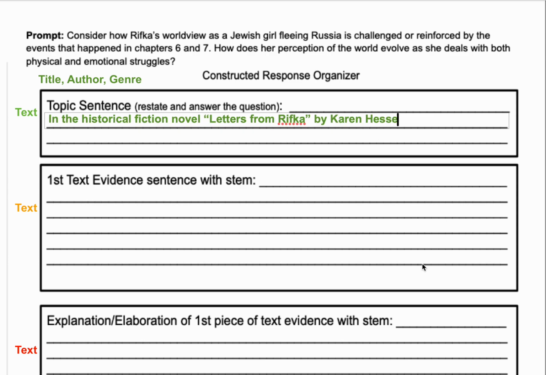Okay, so in the historical fiction novel, Letters from Rifka by Karen Hesse, and I'm going to put a comma because that's introductory. Now we have to respond to the question, how does her perception of the world evolve as she deals with both physical and emotional struggles? In the historical fiction novel, Letters from Rifka by Karen Hesse,